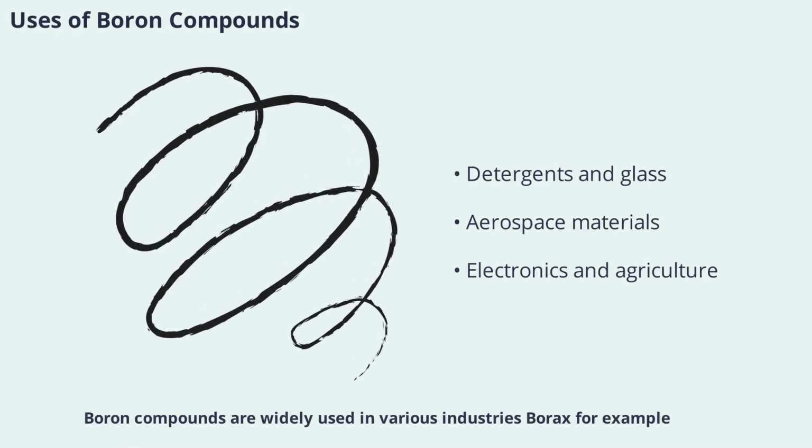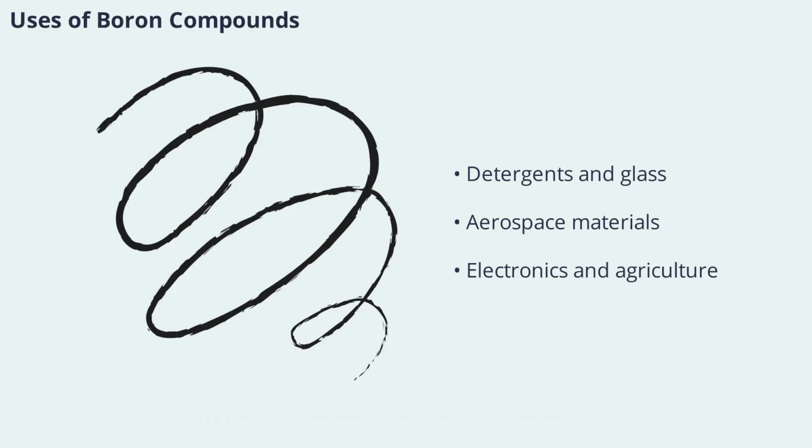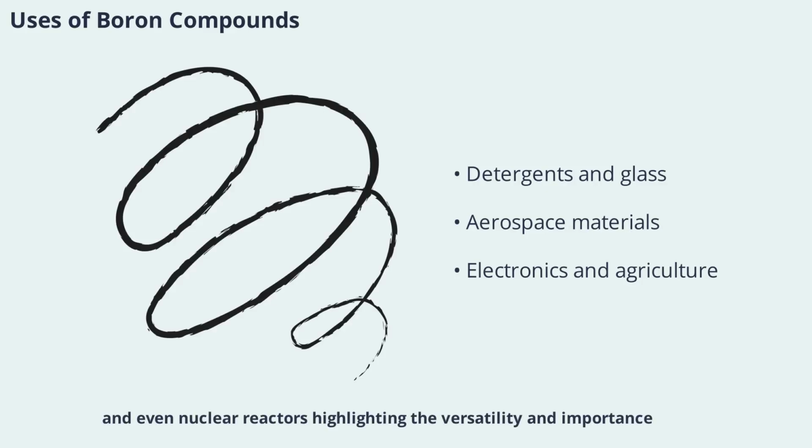Boron compounds are widely used in various industries. Borax, for example, is used in detergents and glass manufacturing. Boric acid finds applications in antiseptics and insecticides. Boron fibers are known for their strength and are used in advanced aerospace materials. These compounds also play a role in agriculture, electronics, and even nuclear reactors, highlighting the versatility and importance of boron